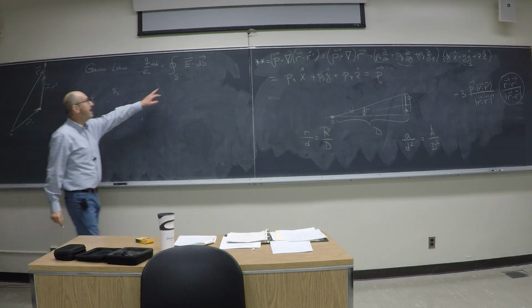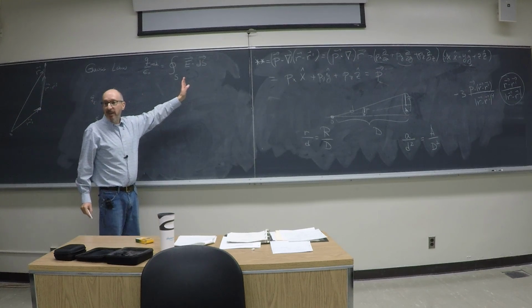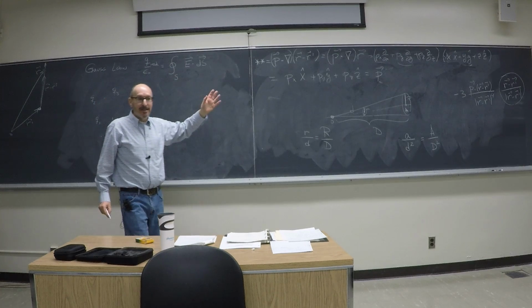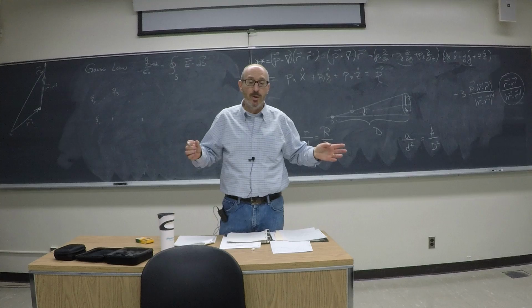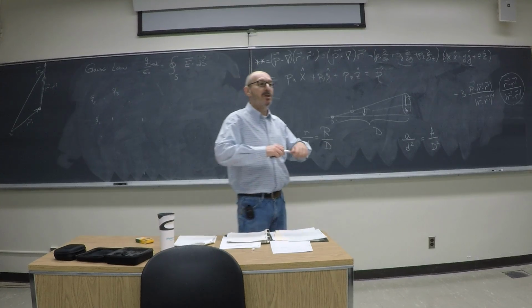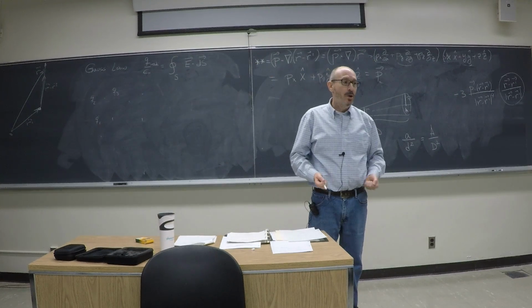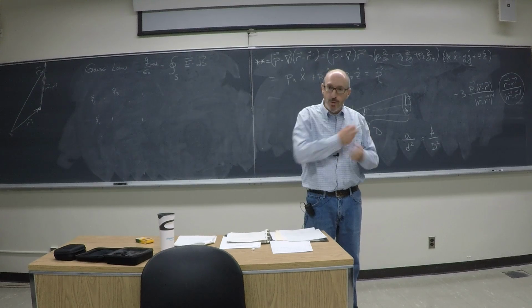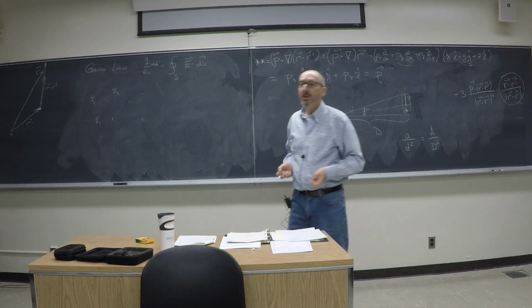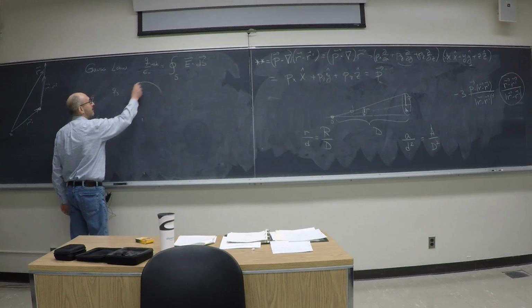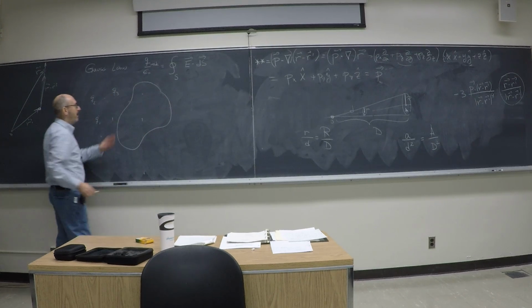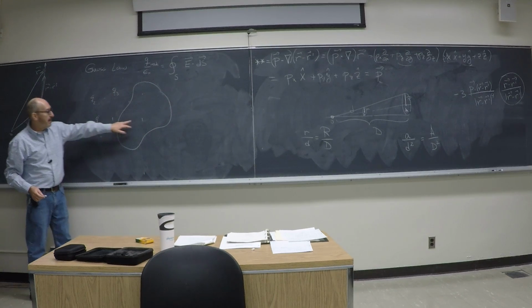Now this surface has nothing to do with the charges. That statement is a general statement that should be true for any surface whatsoever that we consider. For example, we can consider a surface that includes all the charges, or a surface that includes no charge at all. So this should be true in general. So in general, the picture will look like this, where maybe some of the charges are outside and some of the charges are